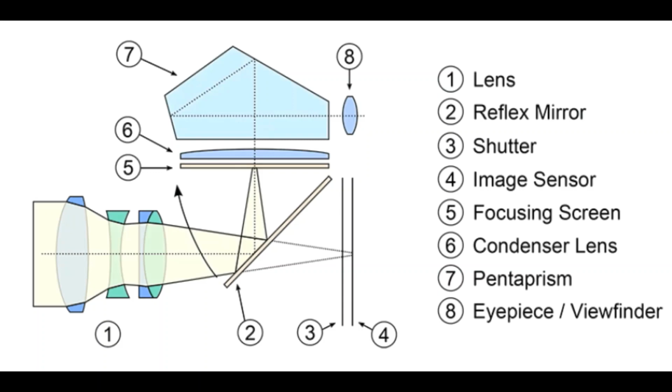To capture the image, the three main parts are the lens, which is number 1 here, the shutter, which is number 3, and the image sensor itself, which is number 4. And when we talk about capturing photos, we also have to mention the lens aperture and the depth of field effect, and also the shutter speed.